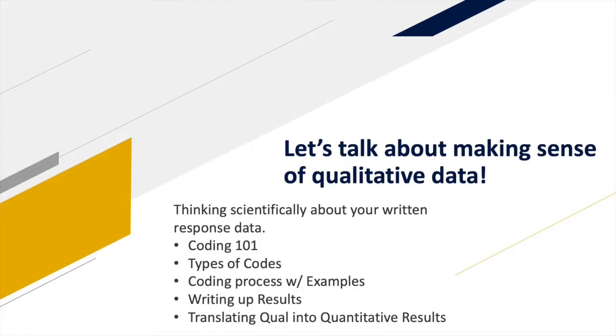these results together. So in doing this, we're going to take you from square one, and we're going to first talk about what coding is, the different types of coding, go through a bunch of different examples of it. I have some case examples for you. Then we'll talk about a step-by-step 5-part process for coding your program evaluation data, and we'll go through that with examples again. Then we'll talk about writing these results, both your raw qualitative results, so your themes, your big primary